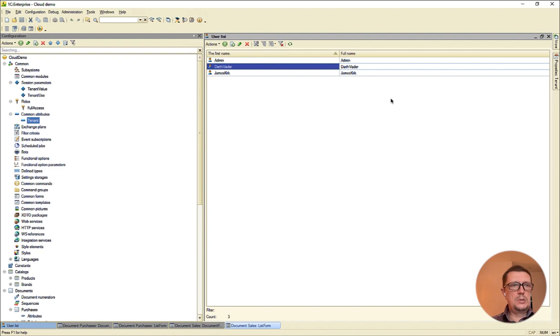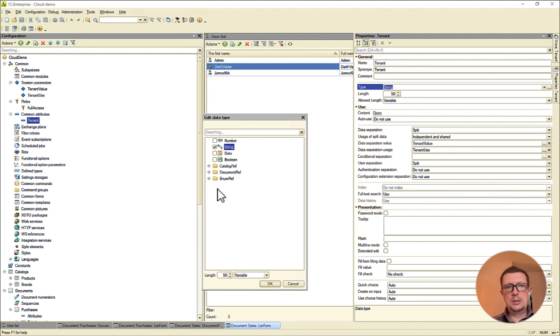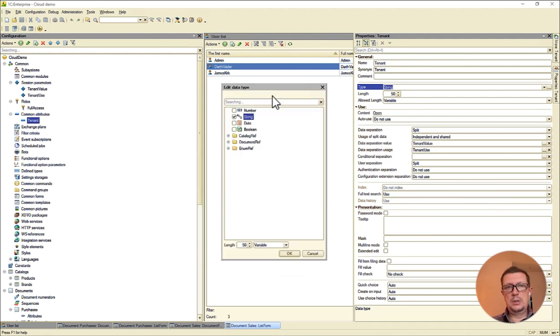One more interesting feature is the common attribute type, because as you can see right here, we could select a whole bunch of different types of data, including numbers and even including referential types.